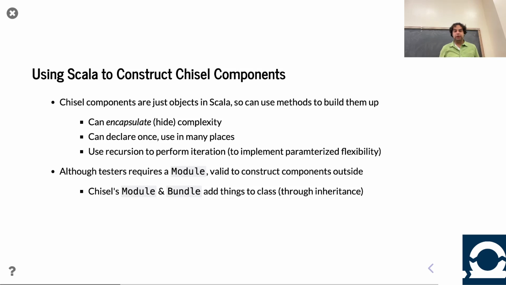Cool. So we were just talking about a second ago, right? How are we using Scala to construct these children components? We are just instantiating things, connecting them all together. And so the goal, this is more of a software engineering goal, is we want to encapsulate, we want to hide the complexity. We want somebody to have a generator and they can just give the parameter the generator needs and then use it. They don't want to think about what's going on inside, they don't want to worry about that. If we do a good job of choosing what we hide and what we show, they shouldn't need to care